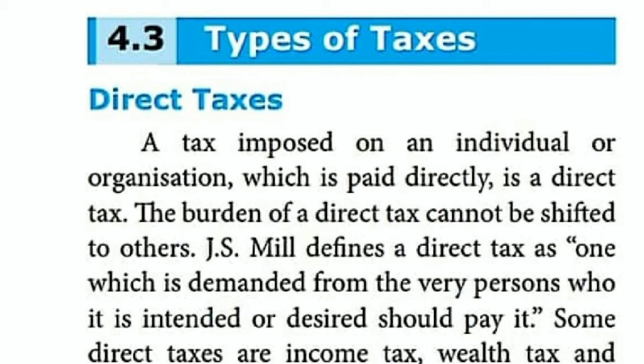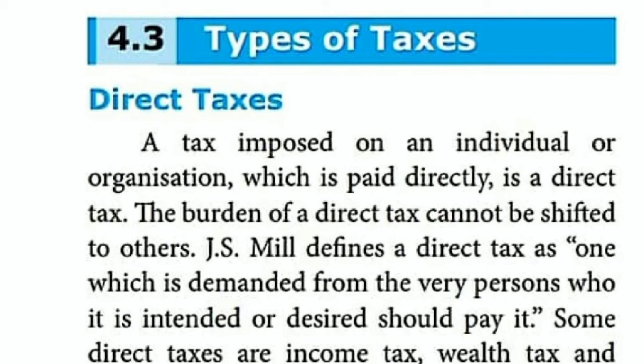It's very interesting: types of taxes. What are the types of taxes there? There are two types of taxes: direct tax as well as indirect tax. In the direct tax, what are the taxes there? Income tax we can tell. The government directly levies it on the basis of salary. On the basis of their salary we pay the amount to the government, that is income tax. Wealth tax, on property. Then the last one, corporation tax, otherwise called corporate tax. So these taxes come under direct tax.